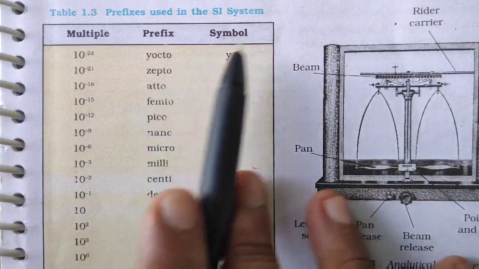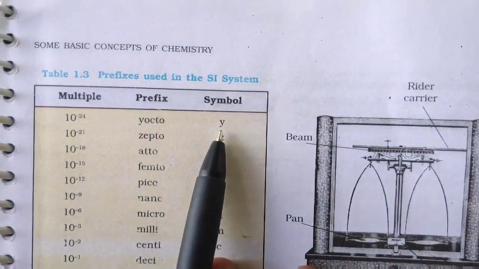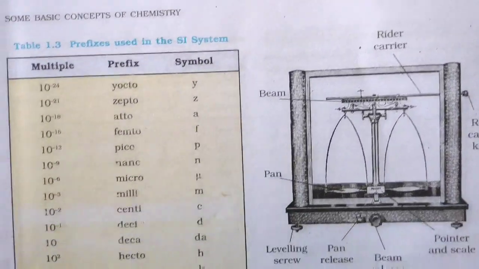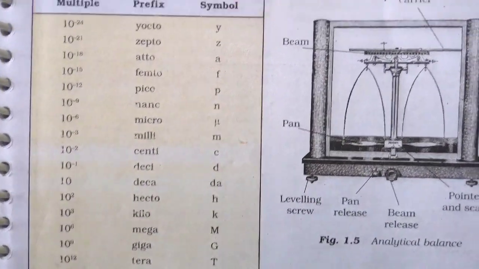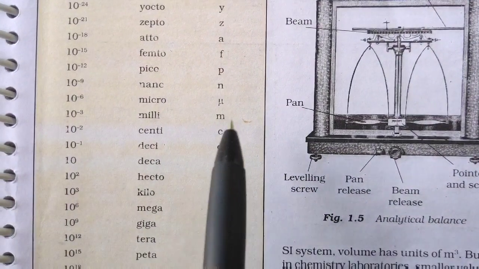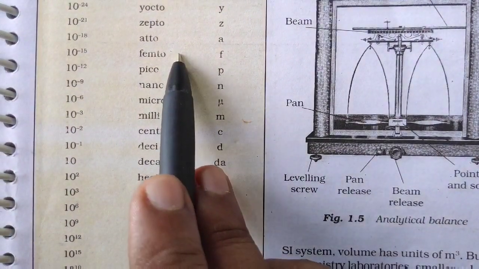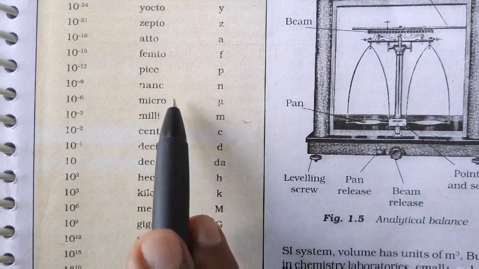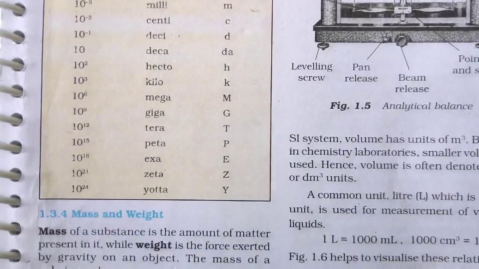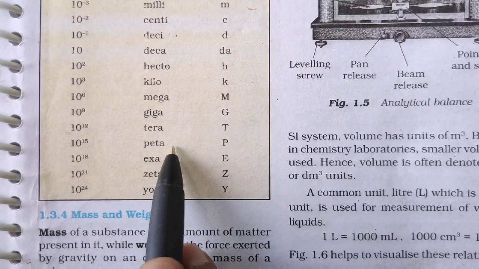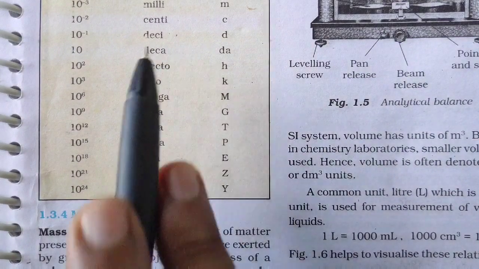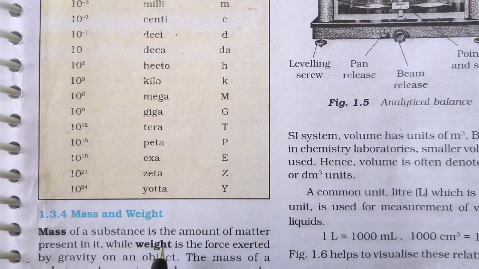In your textbook, it is given on page number 9. You can see here, page number 9. So you can see this one, this table you have to draw in your fair book. And the way to remember, again I will discuss. Fata poster nikla micro, milli, centi, deci. First 3 you have to remember. Last 3 also you have to remember. Then piano tera, geet mera, kabul hai to dekh. Understood? So this is the way to remember this.